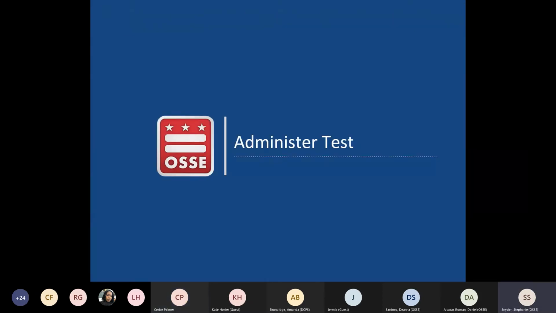Before I move to the next section, let me take a look at the questions. Confirming that the student testing ticket info can be shared via chat on the day of testing. Yes, that's correct.